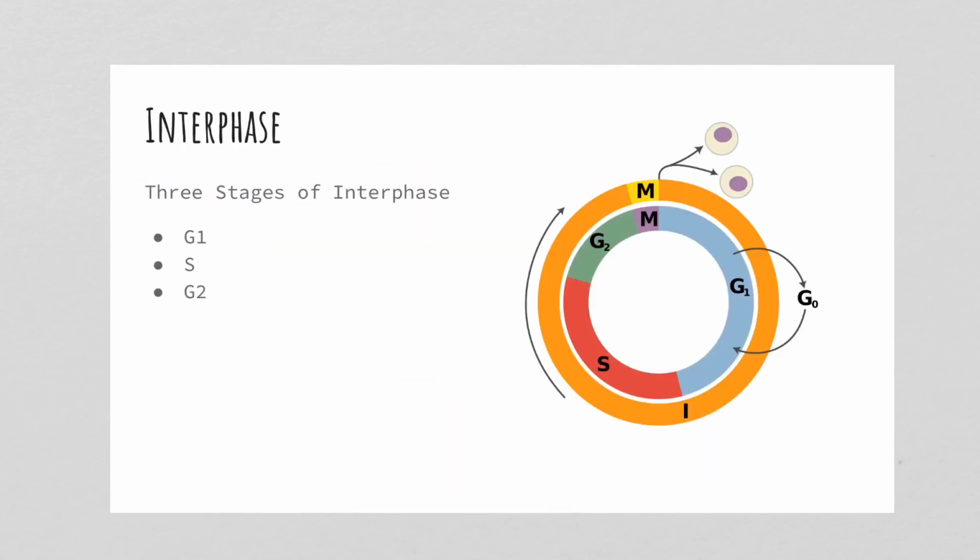Okay, I think I talked about that already. Just a reminder too, when you're in G1, sometimes you go into G0, that's a non-dividing stage. Sometimes a cell that's in G0 can go back into G1 and divide. Your cells usually do not divide more than 50 times. So after a period of time, it will leave that phase of division and go into programmed cell death, which is apoptosis.